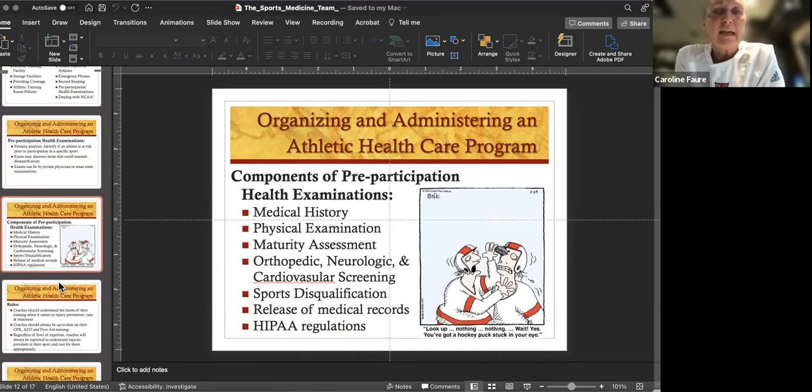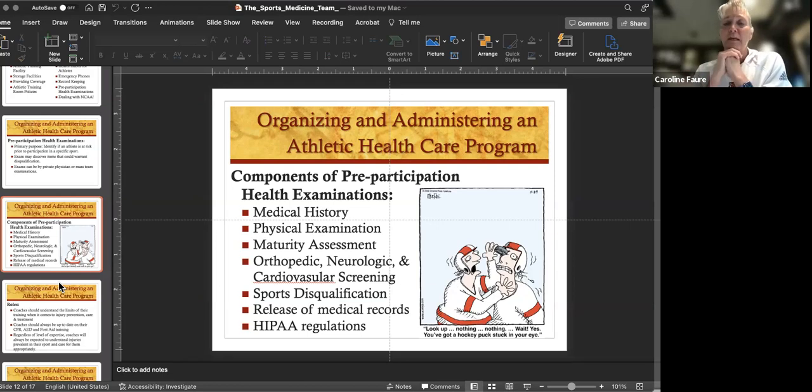So, different things that they'll look at. We do these tests in Idaho. Athletes are required to have them before their freshman year in high school, and then again before their junior year. The physicians that do these PPEs are getting a fairly comprehensive medical history. They're looking at just a basic physical examination, anything from height, weight, ear, eyes, nose, throat evaluation. They get into orthopedic screening, just basic orthopedic screening to see if the joints are working. Something as simple as a duck walk can be an examination used. Looking at basic neurological screening and basic cardiovascular screening.